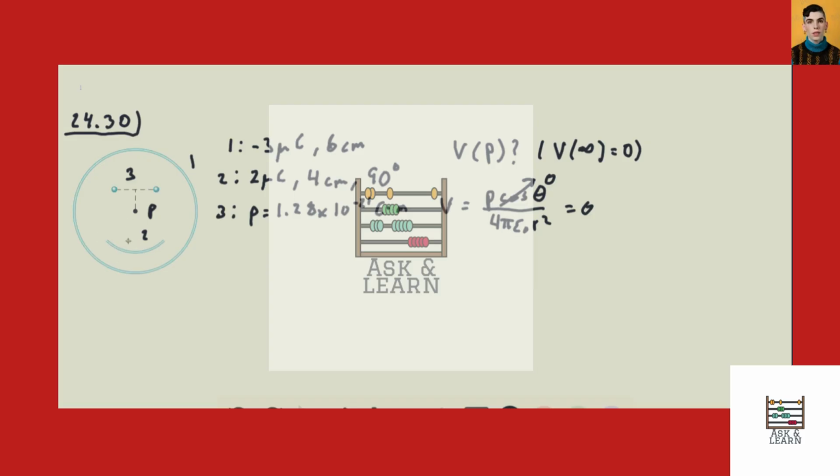Now each of these circular arcs has some given net charge, and since each point on the arc is the same distance away from our point P, this actually ends up just acting like a point charge a distance r away from P. So then our remaining potential from the short arc, we've got, let's call it Q2 over 4 pi epsilon naught R2, and then Q1 over 4 pi epsilon naught R1,